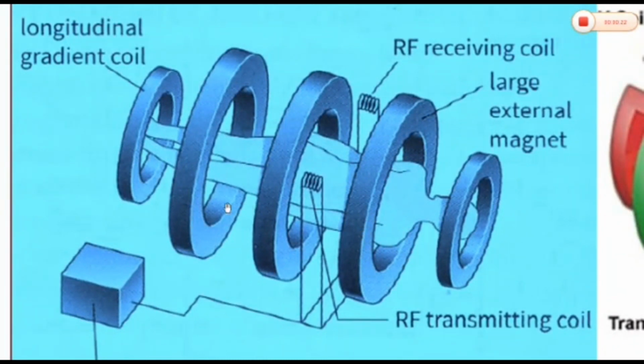Now what happens? It's a resistive magnet and internal x-axis and portion of imaging is controlled by it. It is heavy and low cost. Internal core is made up of it that generates magnetic field all the time. The strength of this magnetic field, external magnetic field produced is up to 2 Tesla that is needed to align the protons. Superconducting magnets are cooled to 4.2 degree Kelvin or minus 269 degrees centigrade using liquid helium.